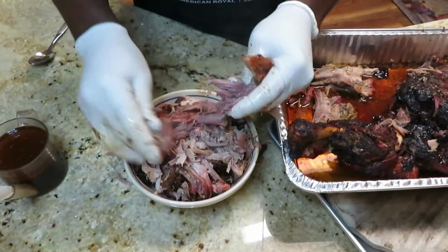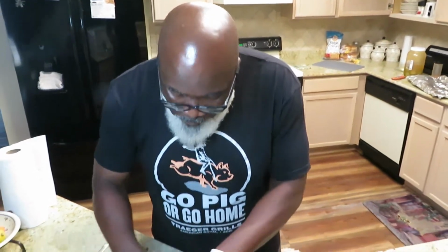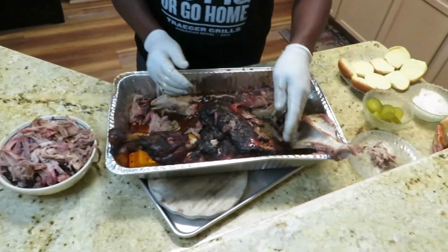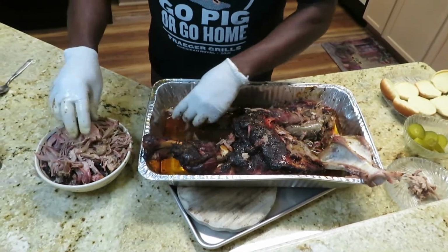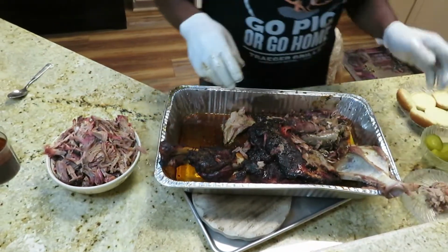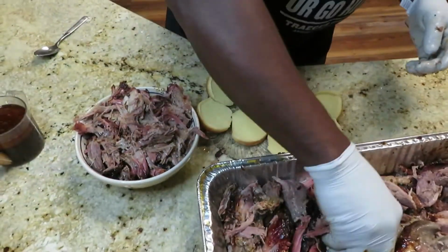That color, that smoke ring, the smell. Let's go. Guys, gals, this does not need any additional seasoning up front. We season this enough that the seasoning as we pull will carry over to the interior of the meat. Oh, that's absolutely delicious. But real quick, I'm gonna come in here, and if anybody wants a little juice,